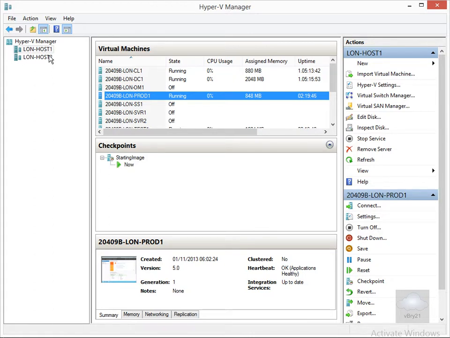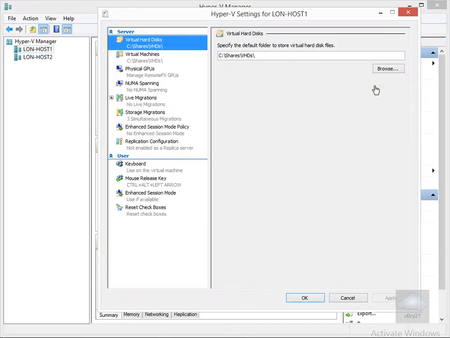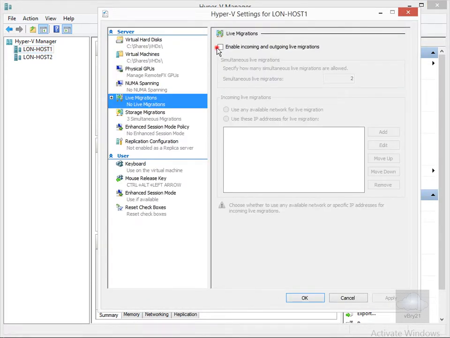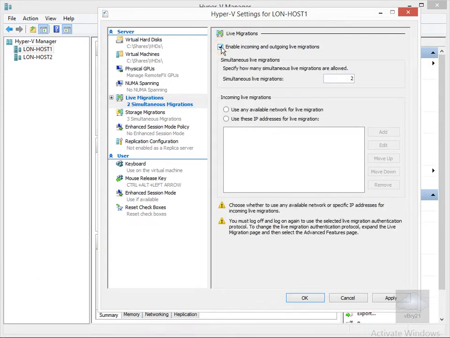Now what we need to do for our two Hyper-V hosts is enable live migration. So we'll go for host 1. We'll come to our Hyper-V settings. Within our Hyper-V settings, we're going to come to live migrations. So I'm going to enable incoming and outgoing live migrations. I'm going to use any available network for the live migration, and I'm going to allow two simultaneous migrations as well. Once we've done all of that, we'll select our OK button,